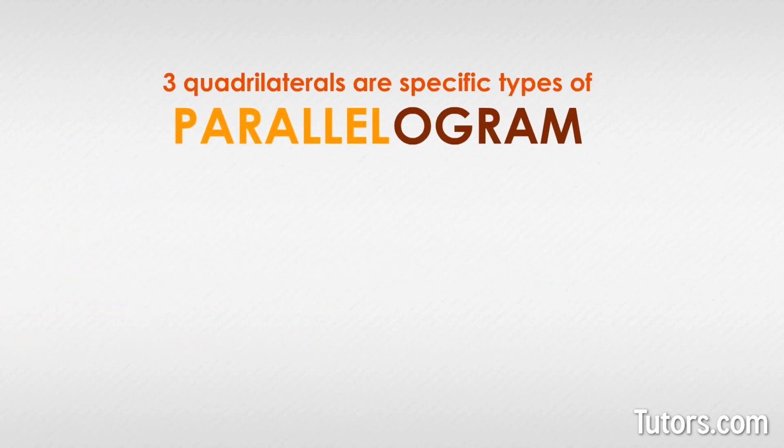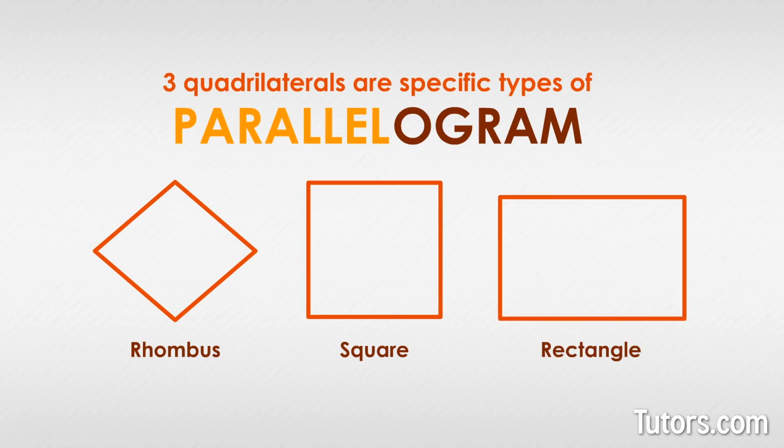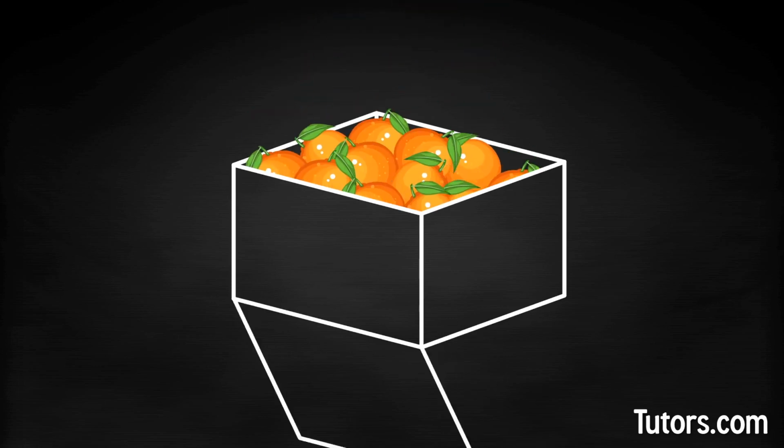Three quadrilaterals are specific types of parallelograms. 1. A rhombus. 2. A square. And 3. A rectangle. Suppose you built a crate to hold, say, oranges, but you forgot to put a bottom